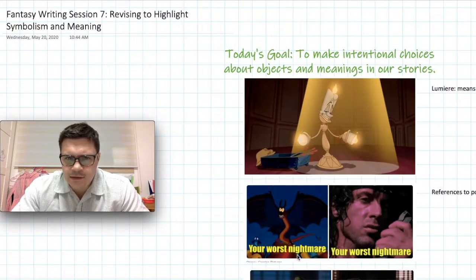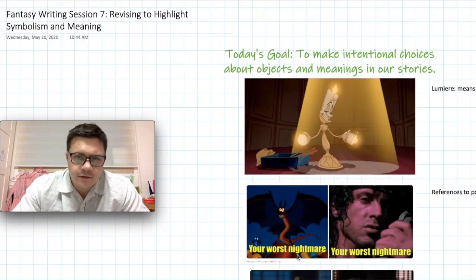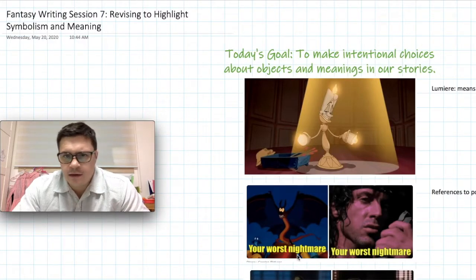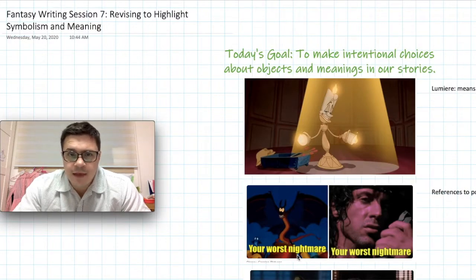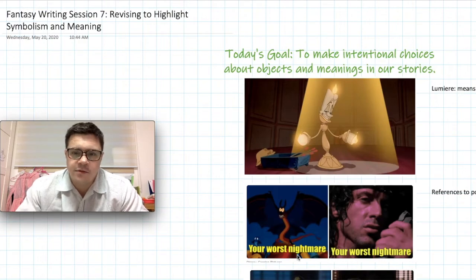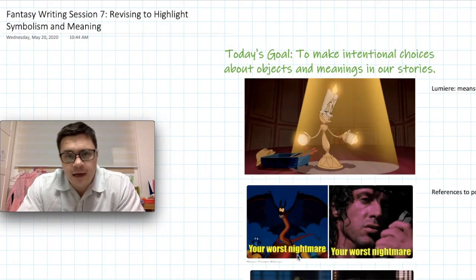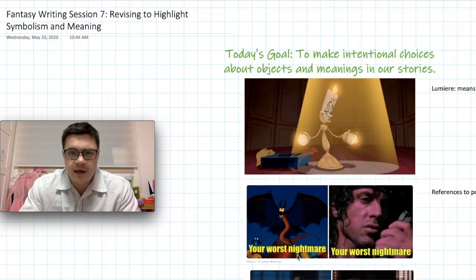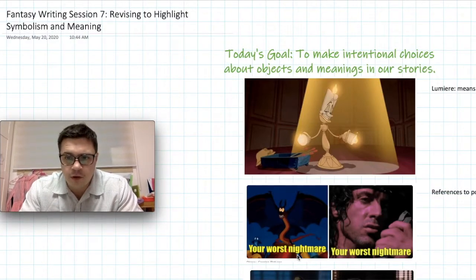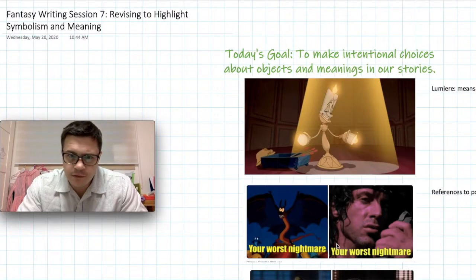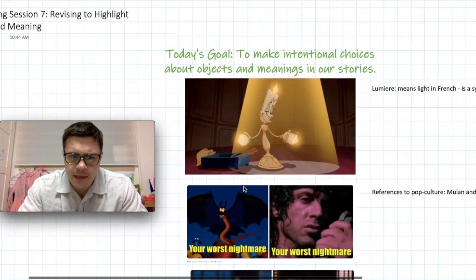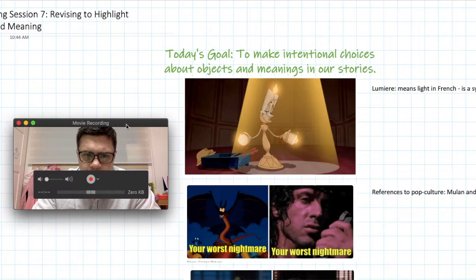The idea is that authors make choices when they write, and some things that come up in the story that may not seem so important may end up being important because they were choices that the authors made on purpose. So we're going to try that today with some of the objects and meanings in our own stories. To give you some examples of what I mean, we're going to look at a